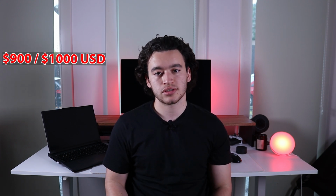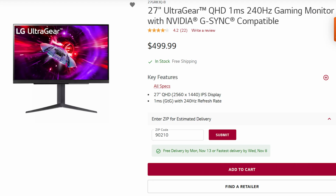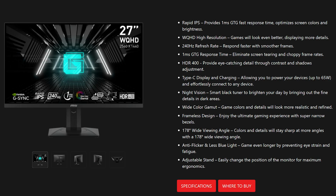These monitors are both around $900 to $1,000 USD though, so if you don't want to spend $1,000 on a monitor, but you still want the 240Hz 1440p 27-inch experience, there is good news, because the LCD offerings are more affordable than ever in 2023. For around $350 USD, you can pick up the LG 27GR83Q or the MSI 27qpx, which will still give you great performance and value. If you're after the highest refresh rate available right now on a 27-inch monitor, I recommend